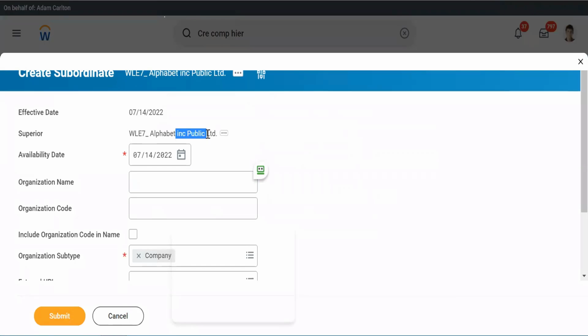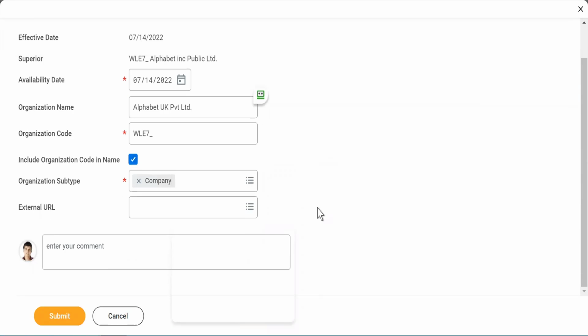So here, why have I put it as public company? Because Alphabet is listed in the stock market of US. So it is a public company. But let's say Alphabet is not registered in the stock market of UK. So it will be Alphabet UK Private Limited. And then organization code. See, it depends from country to country. So we all have to understand that if it has to follow the local laws, you will have to register. Now, it could be private or public, that is different, but the concept will remain the same. The names can change, but the concept will remain the same.